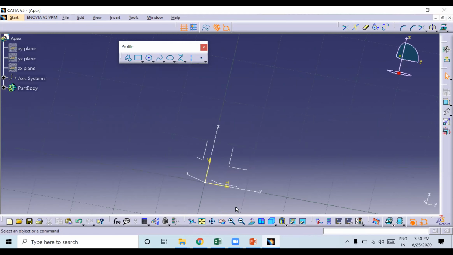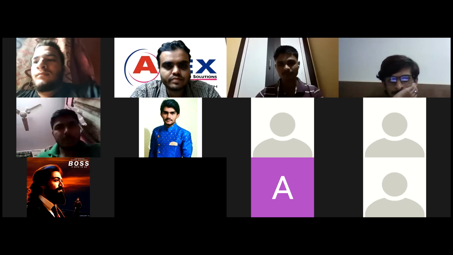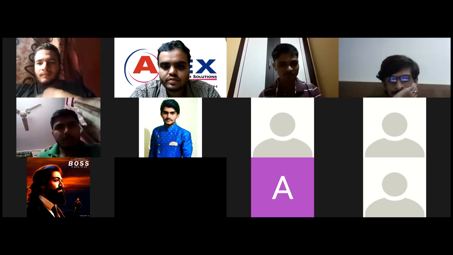If you do it like this by clicking these shortcut options, in industries they will think differently. In a different way they will think about whether you have learned properly or not. Try to use the mouse. Without a mouse it is very difficult to create anything in 3D modeling software. All of you got it? Any doubts? Yes, sir. Okay.